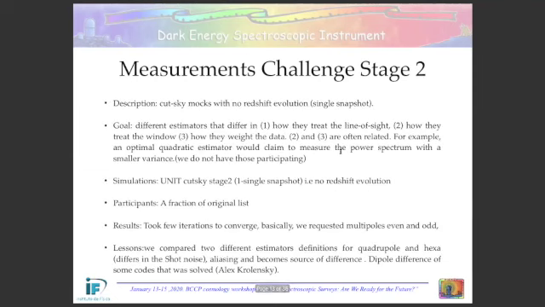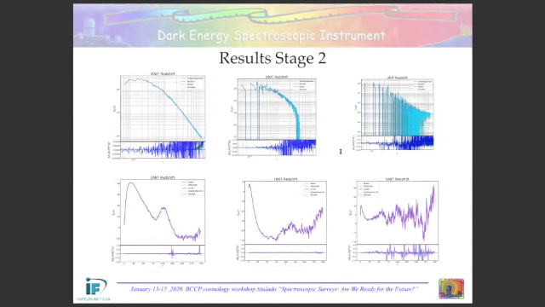The second stage was more interesting. In this case, we provided a simulation without redshift evolution, just using a single snapshot with cut sky geometry. It becomes more interesting because there are some choices made by the different groups that are related to the line of sight or to the window function, in the case of Fourier space, the weighted data. Again, after a few iterations, we have some lessons learned from this exercise.